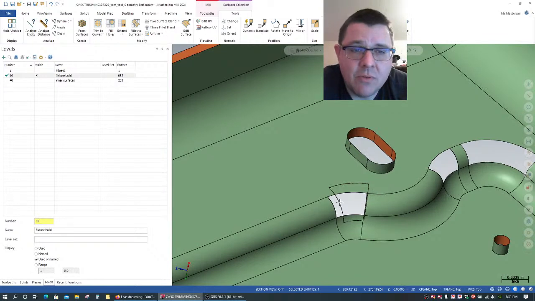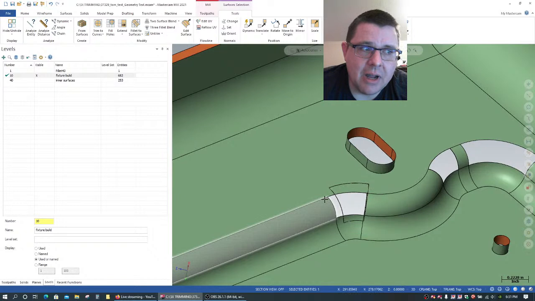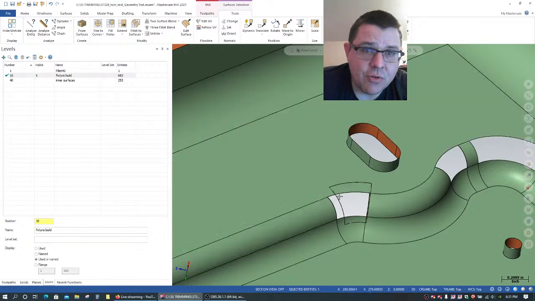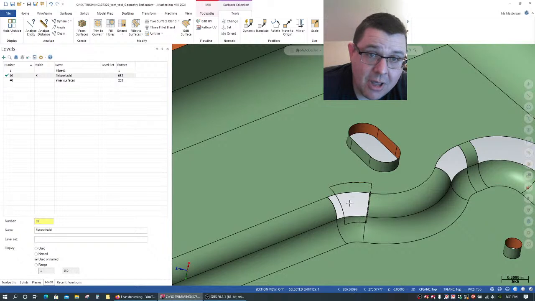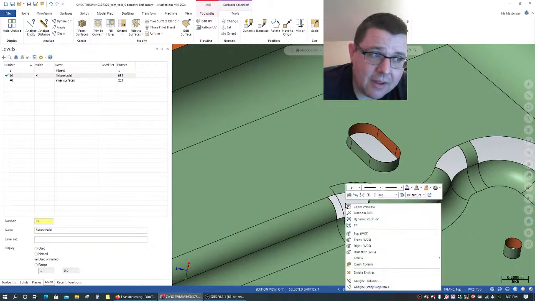So for example, if I want to rotate around so I can look at this a little bit more easily, I may want to grab kind of an endpoint here. Now, normally you'd have to actually physically create wireframe geometry on the edge of that surface before you rotate it around. But there's a secret. So if I just go here and right click and I choose dynamic rotation,